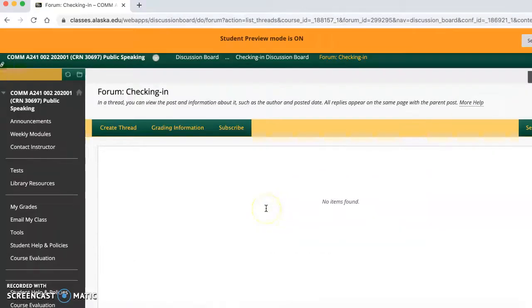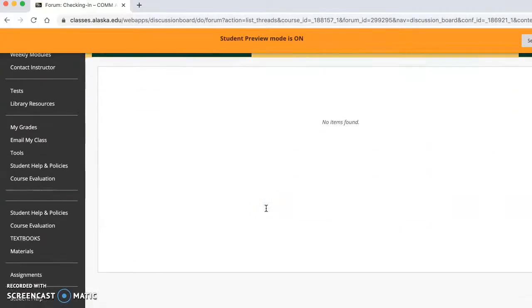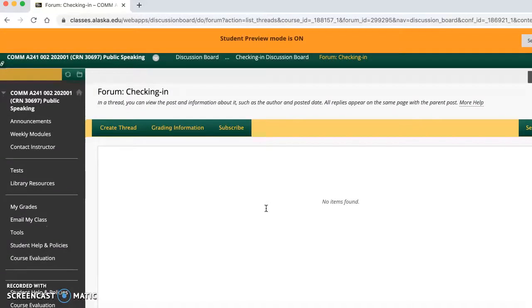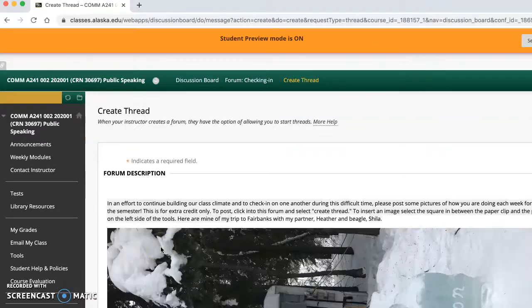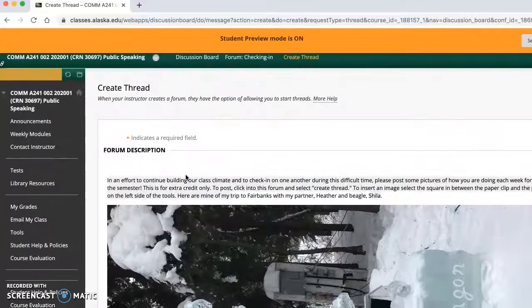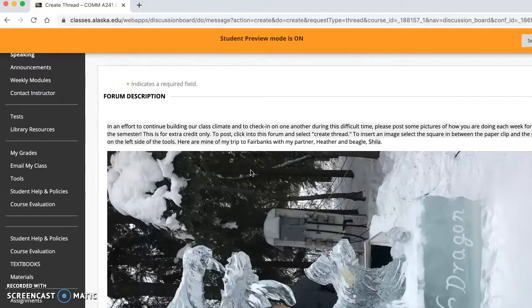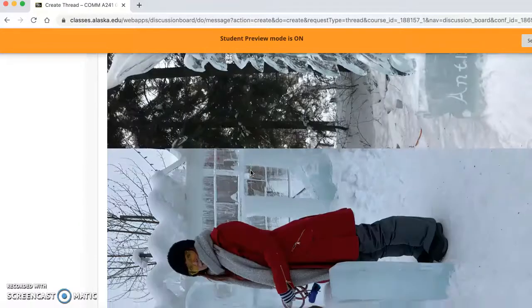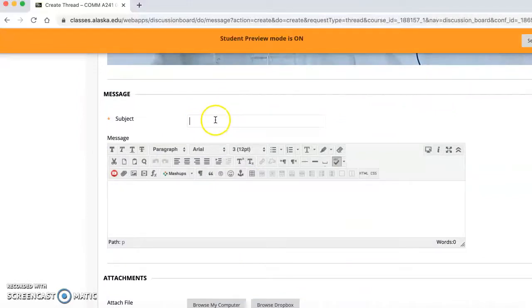You can go into the forum and there will be directions in here, and then you create thread. So you click onto that and create thread, and here is the forum here, and then you can